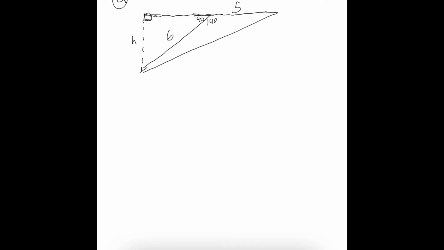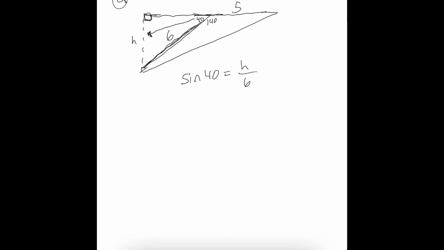And now I can use trig, and we're going to find our opposite side, which is our height, and we're given the hypotenuse here is 6 on this right triangle. So opposite, hypotenuse, we're going to do sine of 40 degrees equals